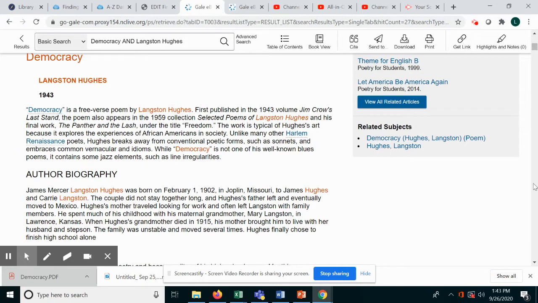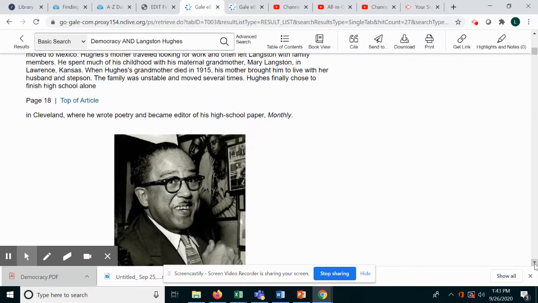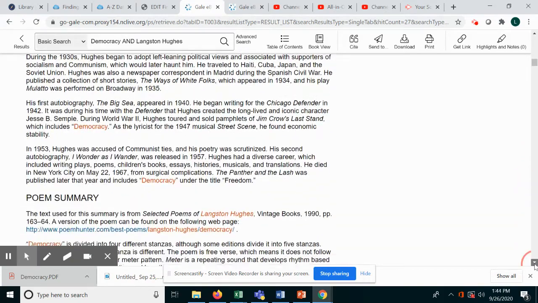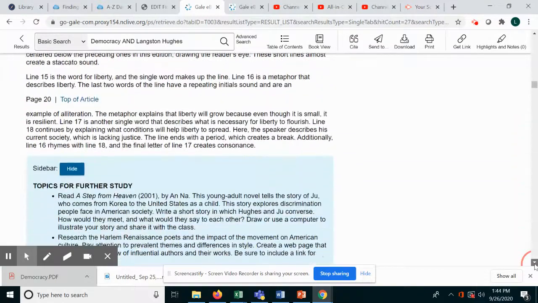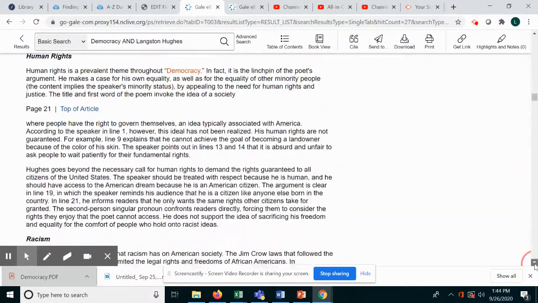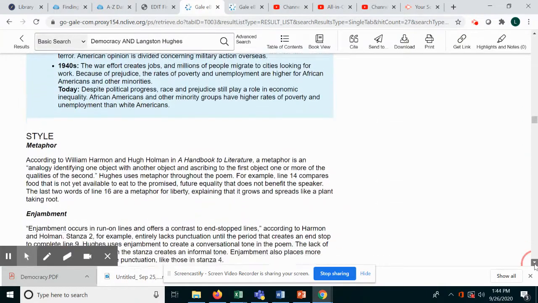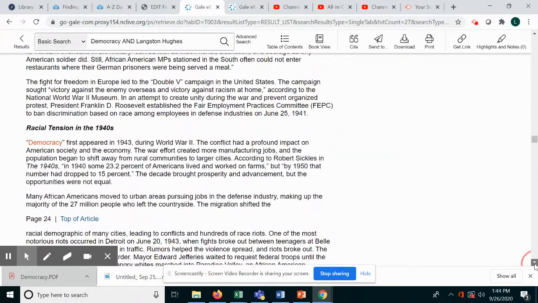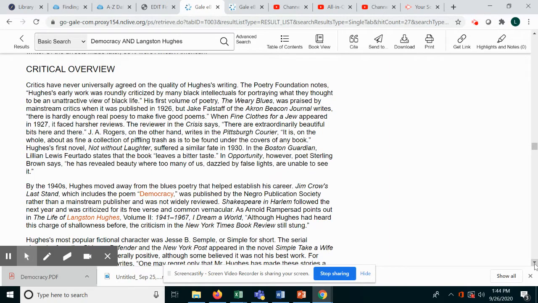Poetry for Students is an excellent resource for lots of different things, not just literary criticism. In fact, literary criticism is at the very end. So they have a little information about the author, a little information about the poem, and then we will get into things like themes, topics, style, historical context. So there's lots of interesting things in Poetry for Students, but you guys are looking for the